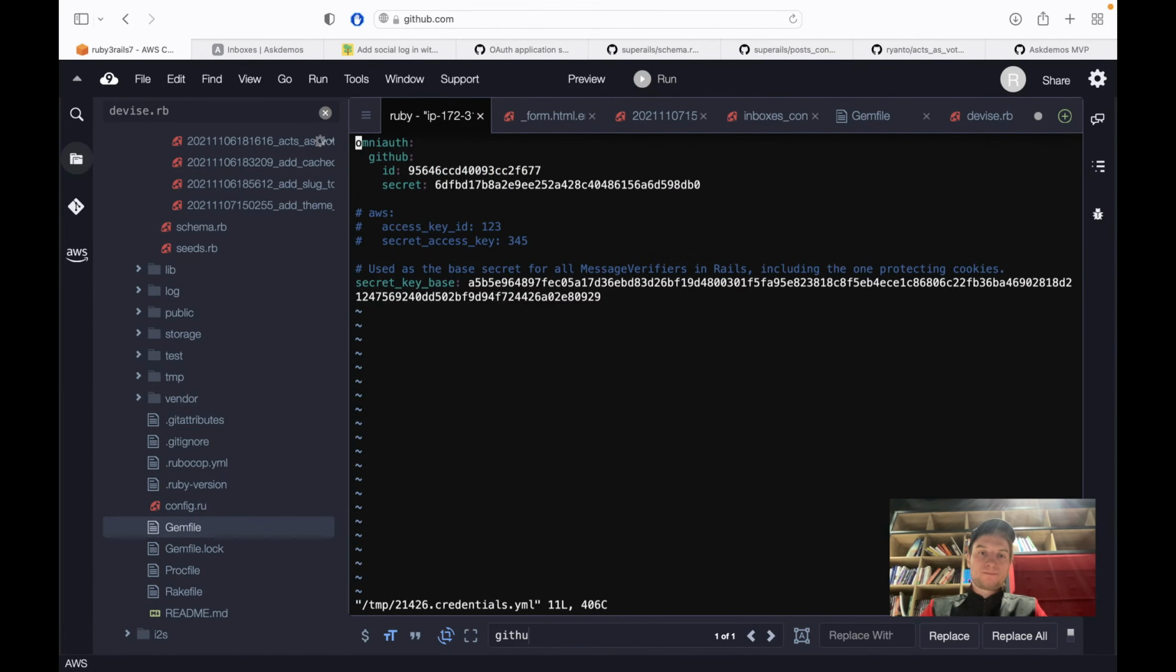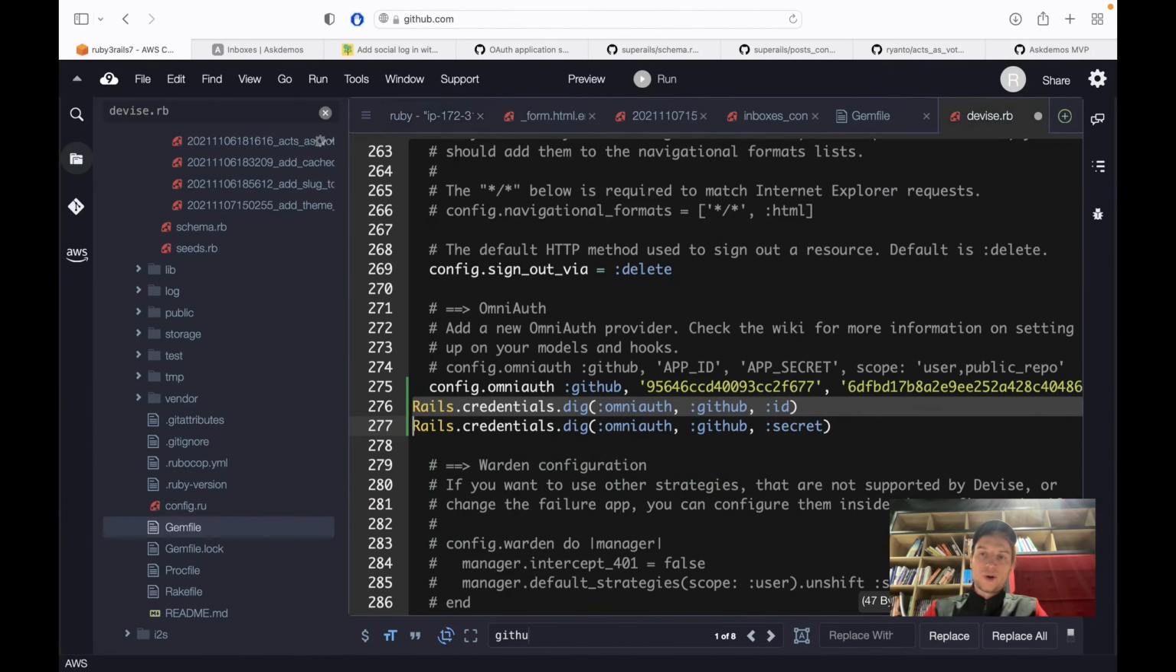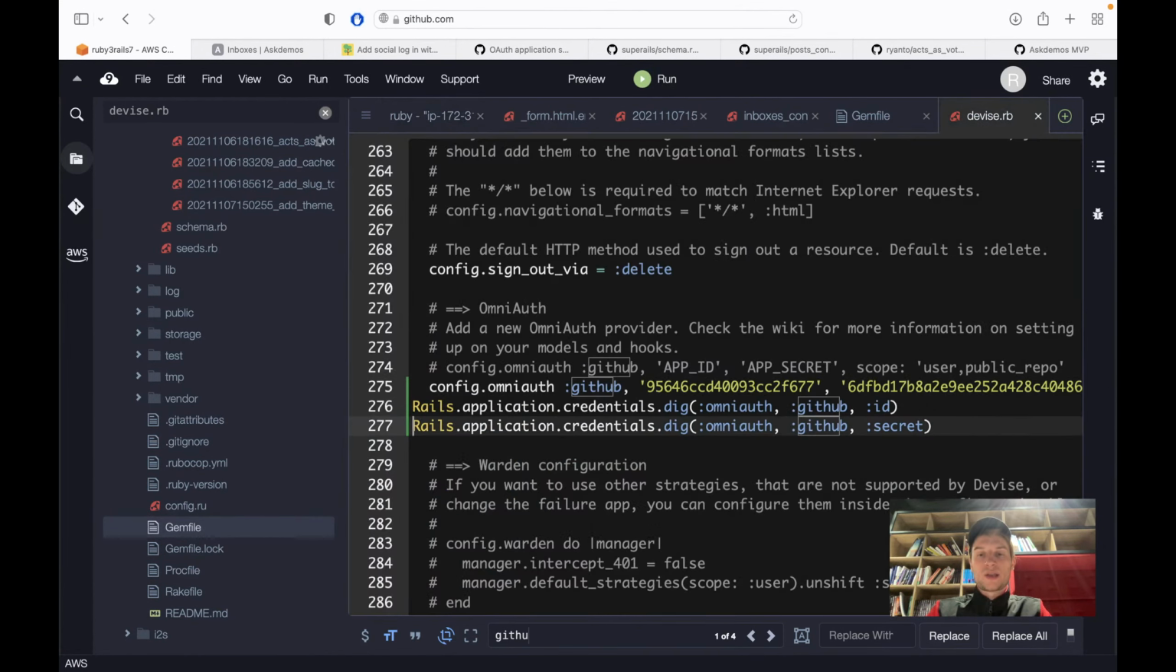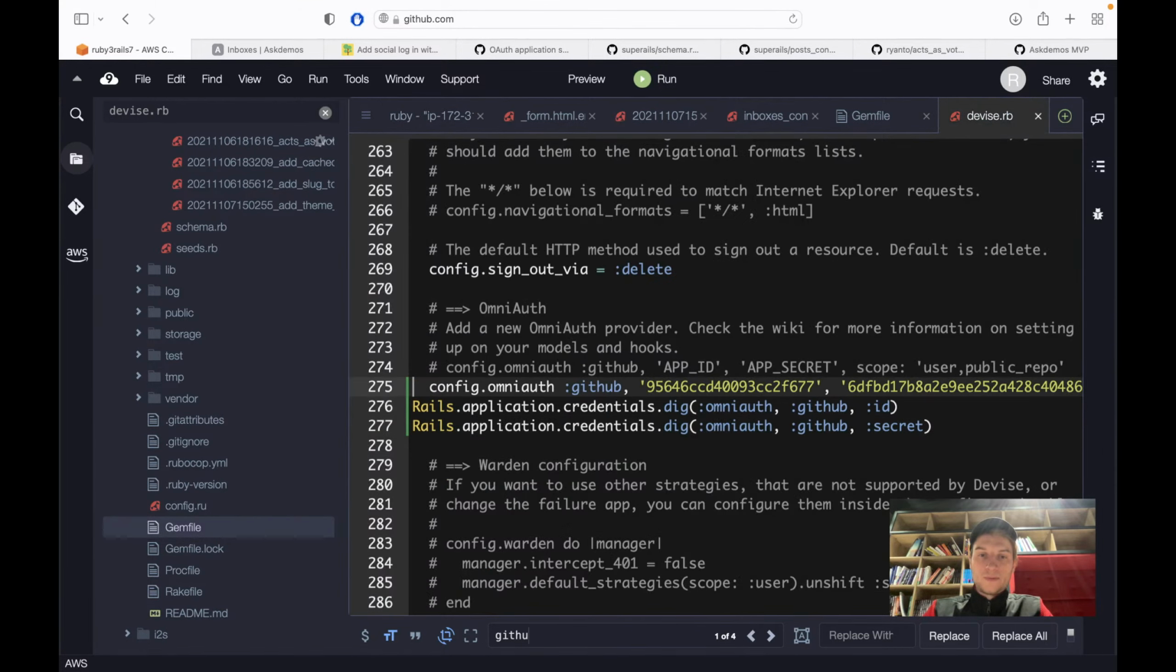Now Rails console. I'll see if I can access these keys. Let's see, it should be Rails.application.credentials.dig, and it works. Let's run it 2 times, so we get the ID. Now we can get the secret, and we will say config OmniAuth GitHub, comma, and we will have